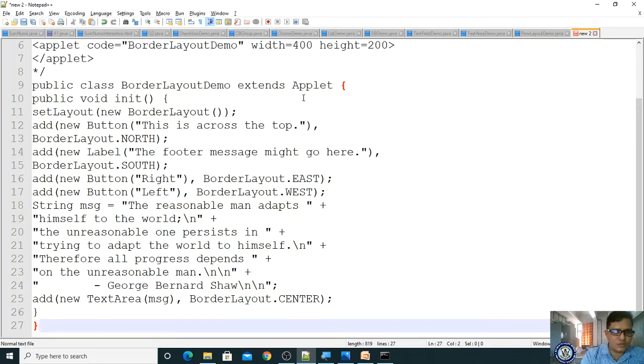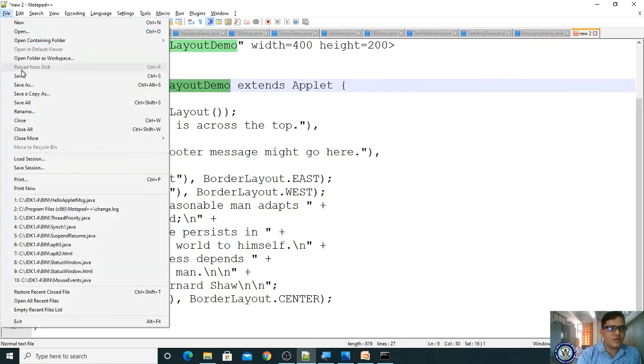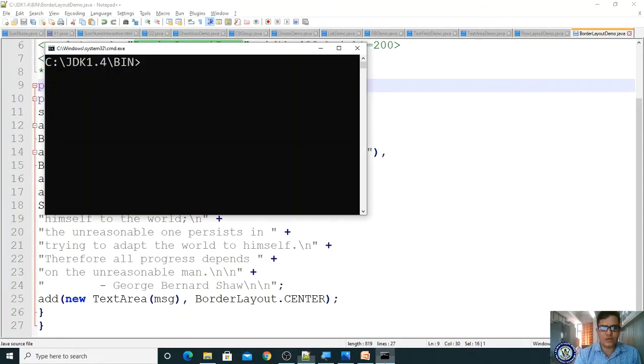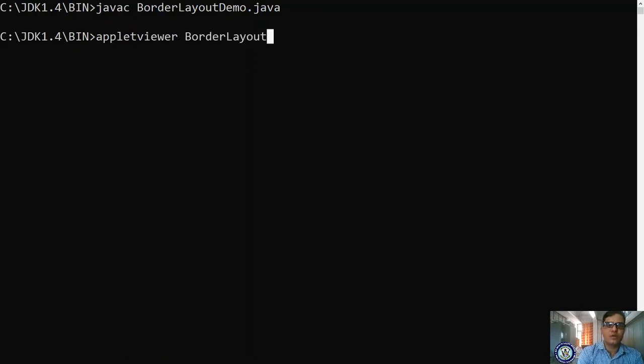Let me save this as BorderLayoutDemo.java. Copy, file, save, paste .java, enter, and come here, alt enter, javac BorderLayoutDemo.java. No error. Then appletviewer BorderLayoutDemo.java.